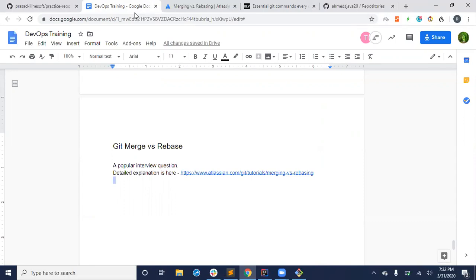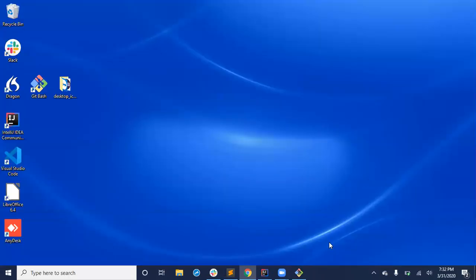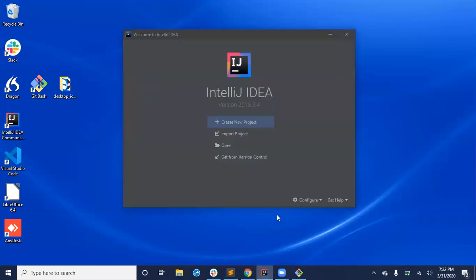Now, let me use the next 8 minutes to show how to do it in IntelliJ. It's quite easy, very easy. So I just opened my IDE, IntelliJ Community Edition. Even in Eclipse you can do it, but I somehow like this for working with Git. I was doing this when I was doing some DevOps stuff or even developer stuff. So first I need to get my code from the internet to here. Get from Version Control, clicking this.